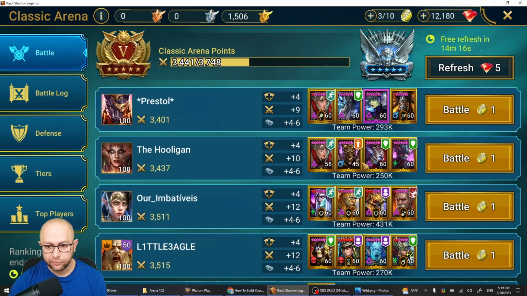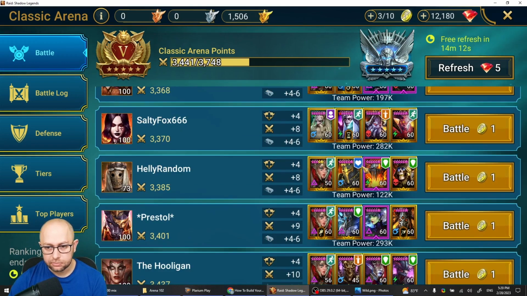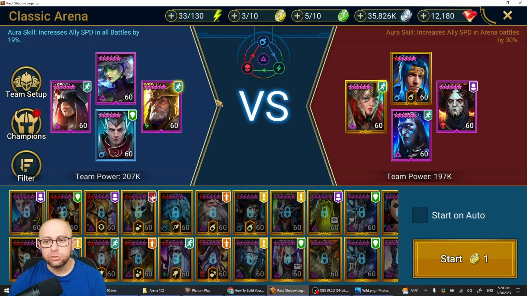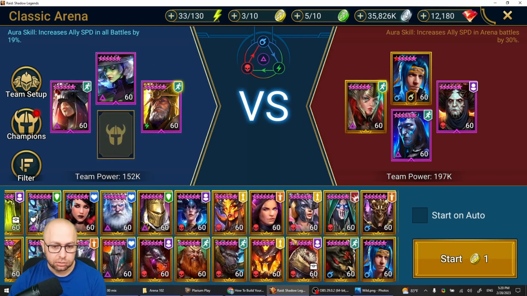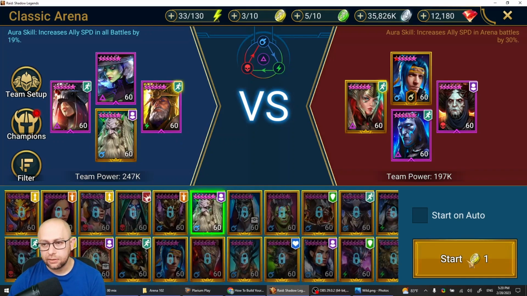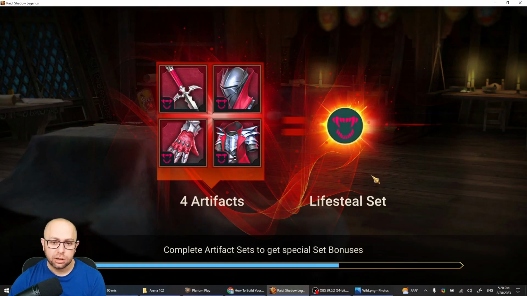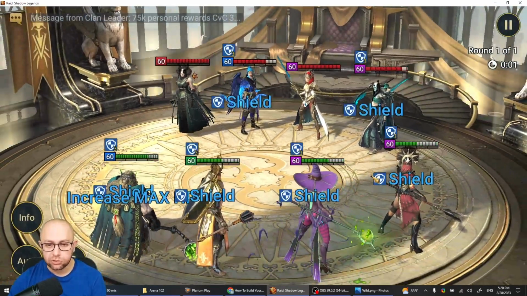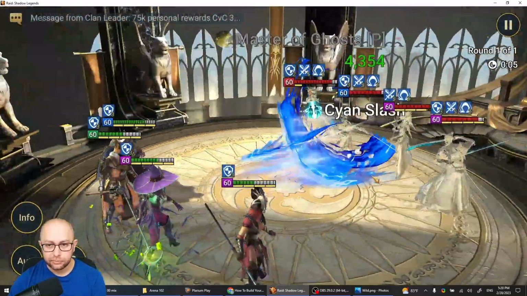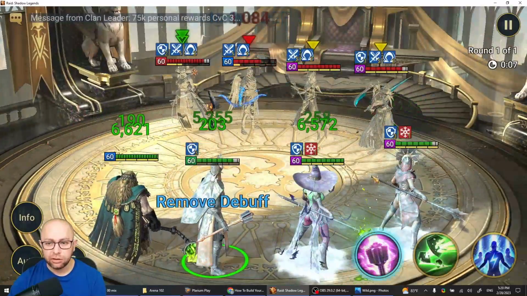This is a bomb fast team. Let's go against this team. But what I will do this time, I will replace my Apothecary with my tankiest champ in a shield set. And let's see how this will work, which is one of the second strategies I told you about. So they are faster than me. They don't have a debuffer,